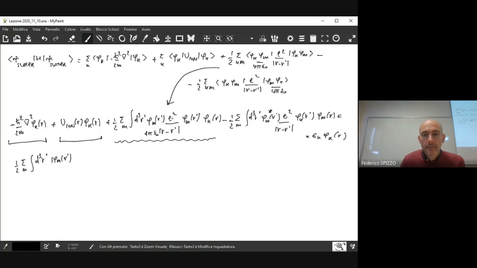Then we may divide e squared in minus e times minus e. And if we apply this summation to all the possible wave functions, what we have is that it is equal to